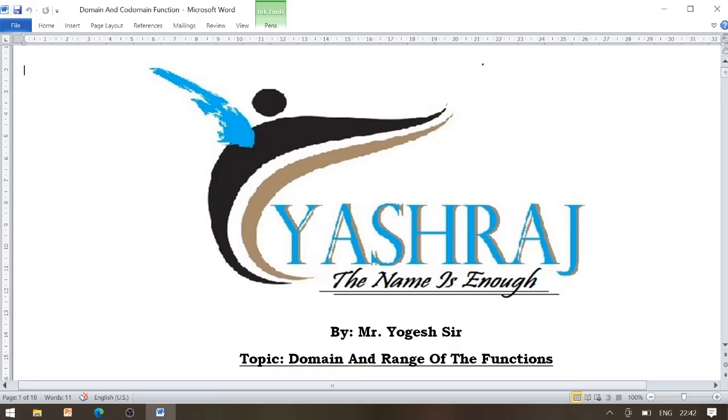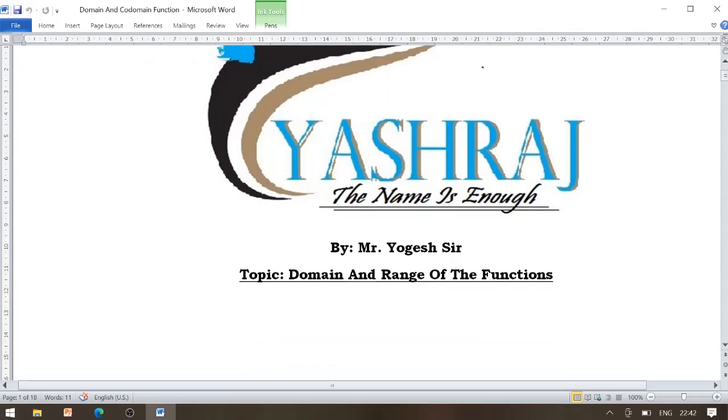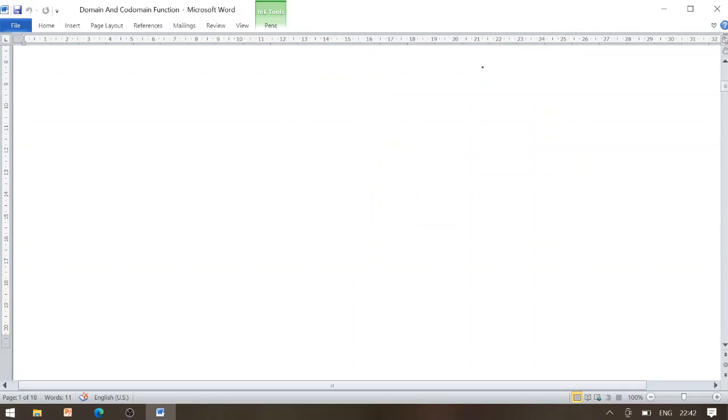In this lecture, we are going to discuss the domain and range of functions. Suppose the first function is of the form f of x is equal to 1 upon root of x square minus 4, and we are now finding the domain of the given function. So let us consider y to be equal to the given function, 1 upon root of x square minus 4.